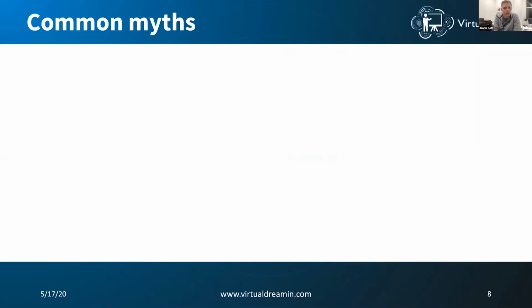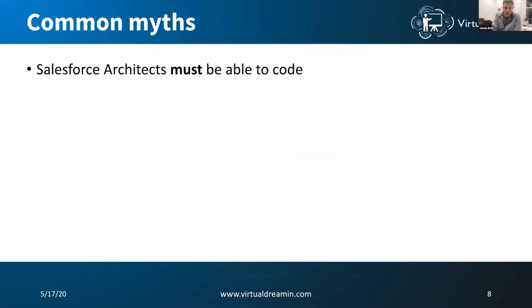So what are some of the common myths that are out there? Salesforce architects must be able to code. I genuinely do not believe that this is true. However, if you can code as an architect, it's just going to be easier, right? Because so many people are coming from a developer background and make it into Salesforce architects, for them it's a no-brainer. But if you are an enterprise architect that migrates from a different enterprise architecture domain into the Salesforce ecosystem, it's unlikely that you know how to write Apex or Lightning Web Components, right? JavaScript. And I don't think that you need to know that in order to be successful, because again,